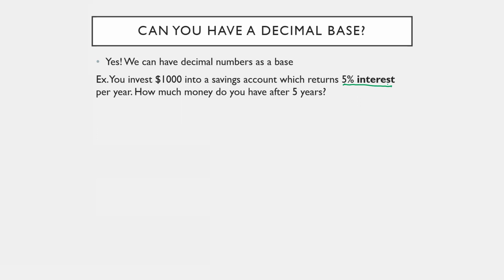Before we do this question, I just want to be clear on what I mean by the 5% interest. I'm not sure if any of you have learned about interest. Interest is essentially money that the bank pays you for investing money into their account. It also goes the other way around. If you're borrowing money from the bank, or from your friend, who knows, then if they charge you interest, they're charging a certain percent on what you borrowed. So if I invest $1,000 and the bank says I'm going to pay you 5%,